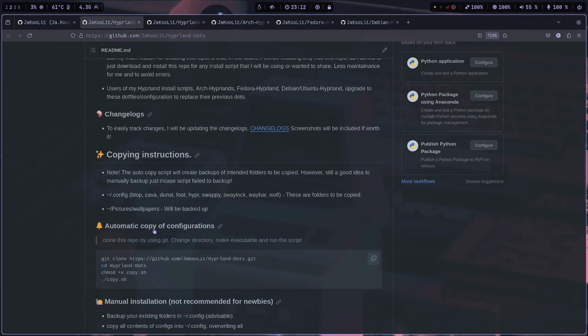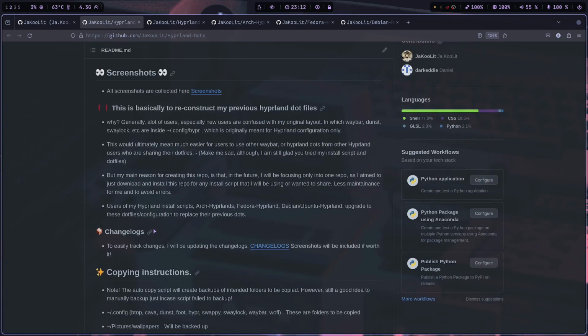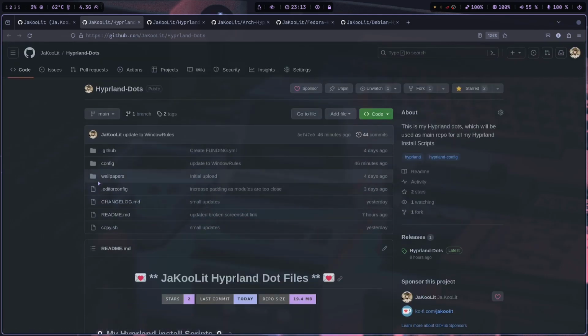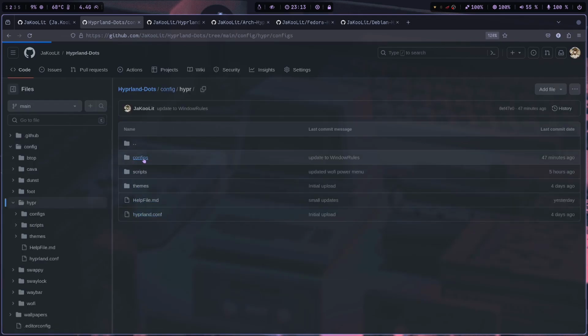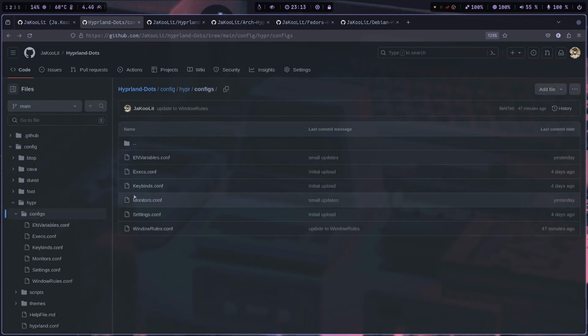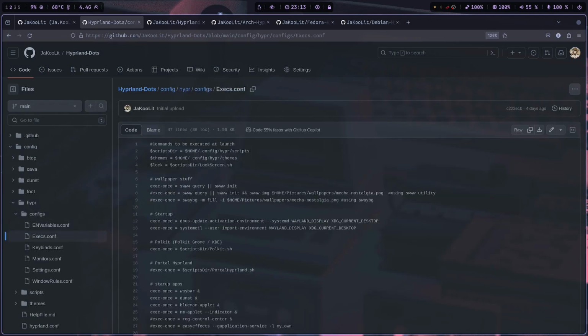Expect that once you use this repo, initially you will not have a wallpaper, especially if you just install from Arch or Fedora or the Debian Ubuntu Hyprland. Now that's okay. That's because if you look into my dot files now, I have not set any wallpaper initially, and that's okay, and that's good,